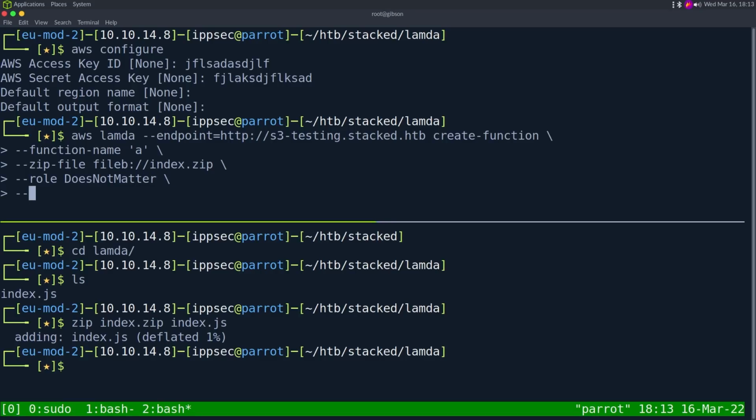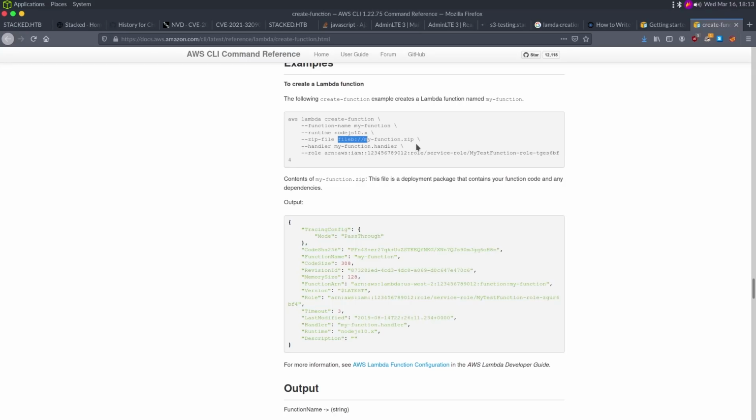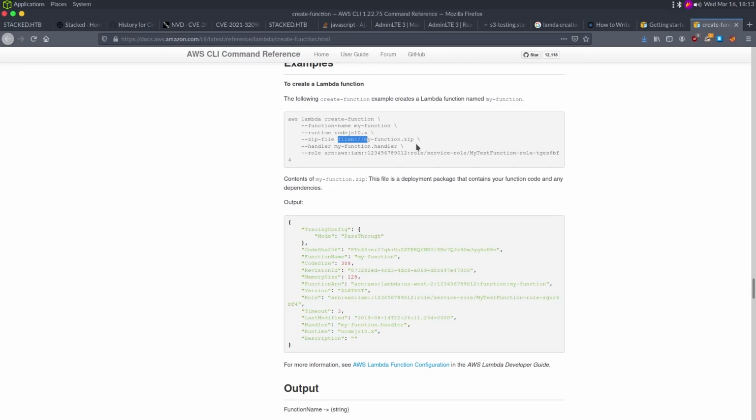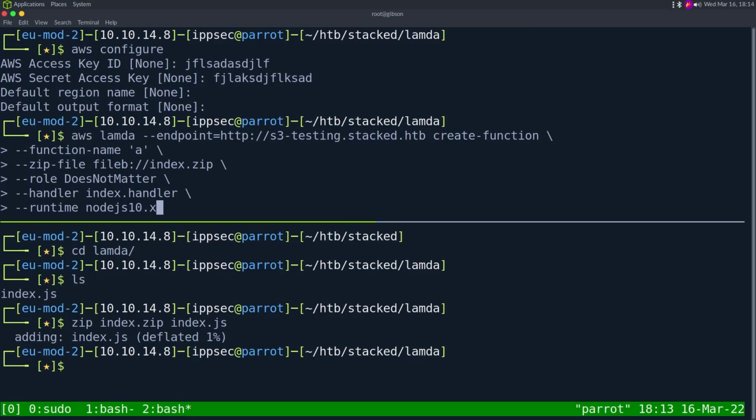Then we'll want handler. I'm going to do index.handler. I think this has to be the file name. And then runtime, and the example uses Node.js 10.x. So runtime nodejs10.x. So if we run this,